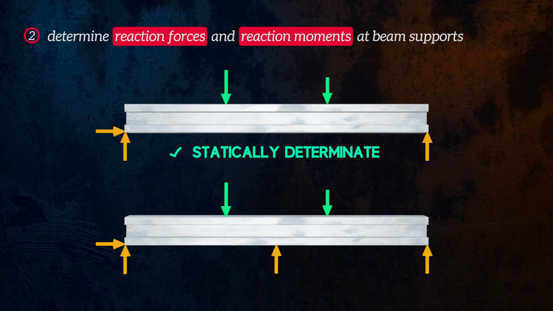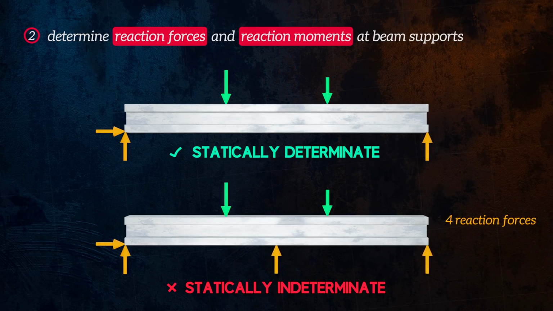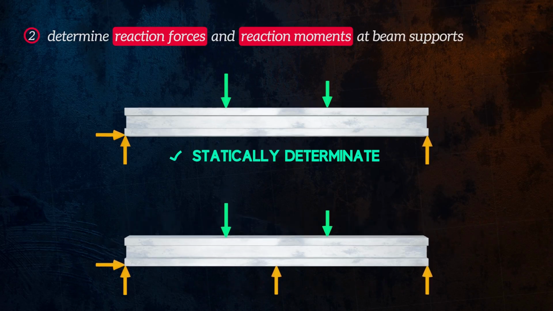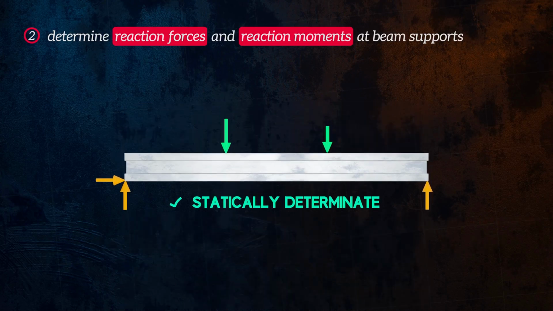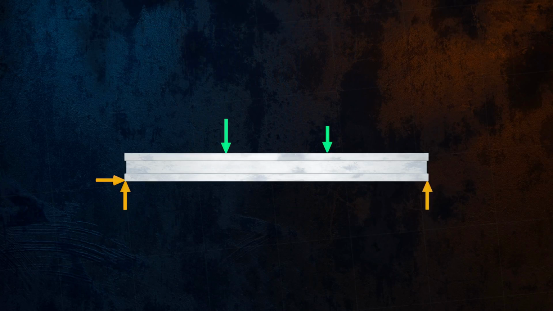In this case, the beam is said to be statically indeterminate. This beam has 4 reaction forces, but we only have 3 equilibrium equations. To solve this beam, we would need to use slightly more complicated methods and consider boundary conditions. In this video, I will only cover statically determinate cases, where we can use the equilibrium equations to calculate all of the reaction loads. Once we have calculated all of the reaction loads, the third and final step is to